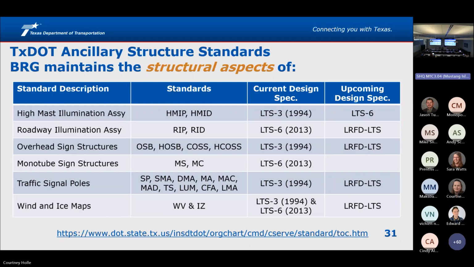Some of the other things we're looking into: we're starting up the roadway illumination assembly update. Since we are updating that, we will be going to the LRFD. One of the other things we're looking at updating is taking it up to a 50-foot height. Right now, the standard is 25-foot height. We did have some requests from districts, saying if I'm putting this on a direct connector or something like that, 25 feet isn't really high enough. That's the base of it, yeah.